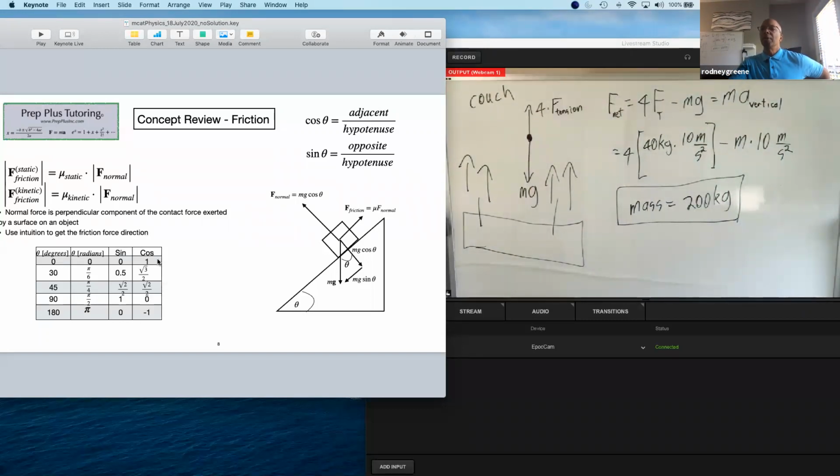Usually a lot of these problems talk about things on an incline, and in order to decompose the problem into an X direction and a Y direction, you have to use the sine and cosine functions. Don't get freaked out about sines and cosines and trigonometric functions. I've got the definition of them up here. And the nice thing about them is you can use sines and cosines to break this force up into X and Y coordinates. So in this example, you have a box, you have a mass.